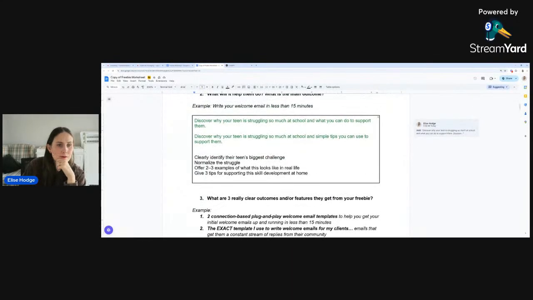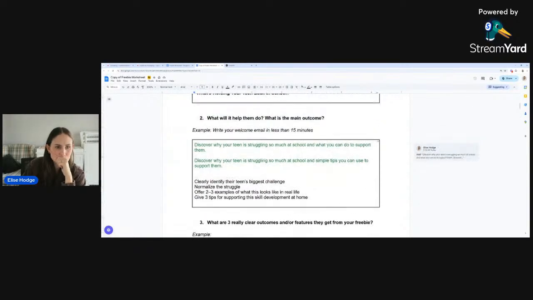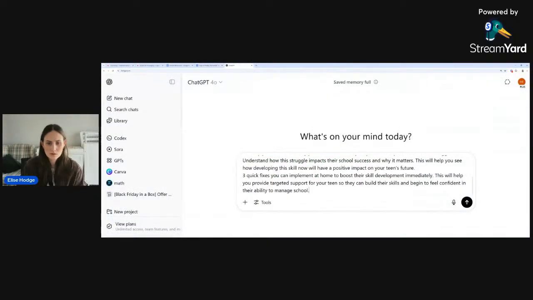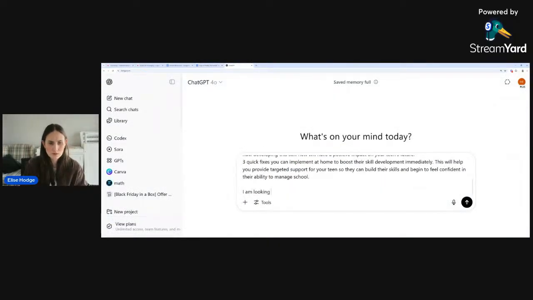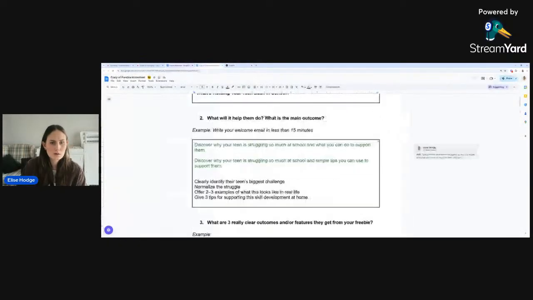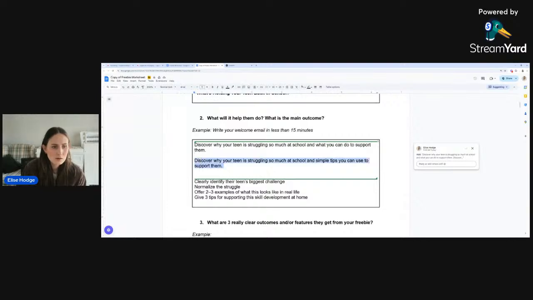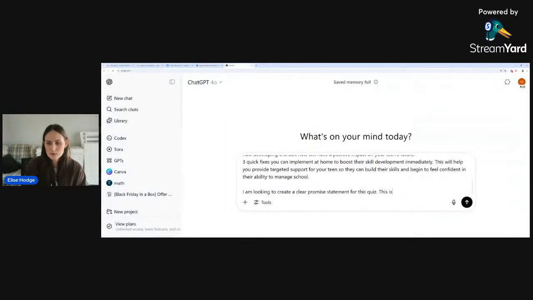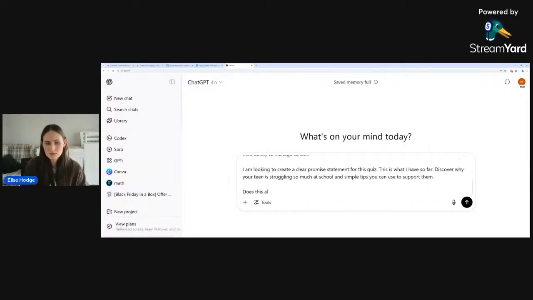And then I am looking to create a promise statement. I'll just say like, this is what I have so far. Does this align with the